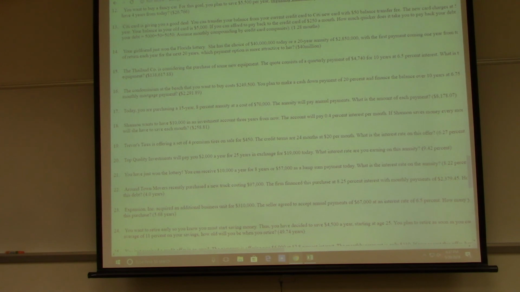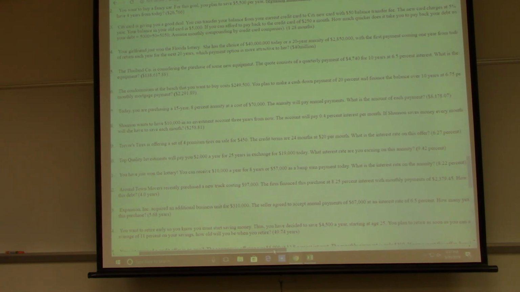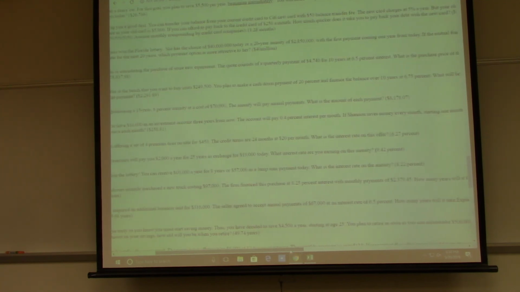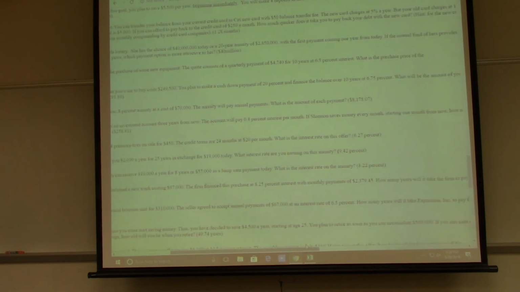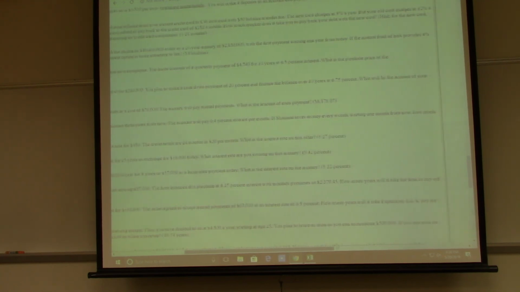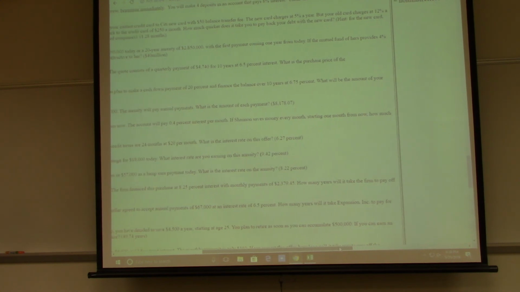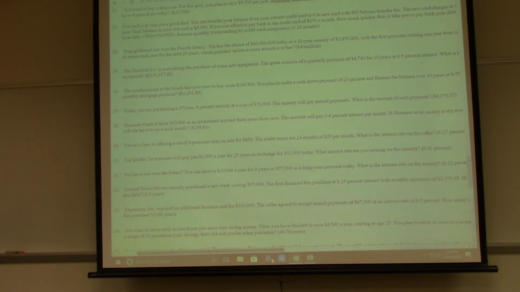Number 16, for example, says the condominium at the beach that you want to buy costs $249,500. The annuity will pay annual payments. You plan to make a cash down payment of 20% and finance the balance over 10 years at 6.7%. Now this is the key. What will your amount be, your monthly? So you're going to have to divide that percent by 12 because you want to know how much that percent is monthly. If it doesn't really say anything like yearly, then you're just going to leave it alone. And then you're going to have to multiply